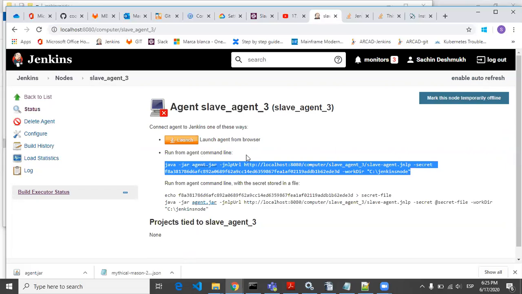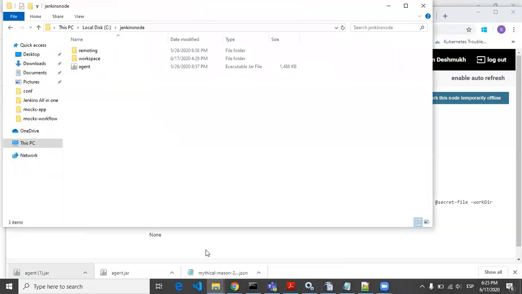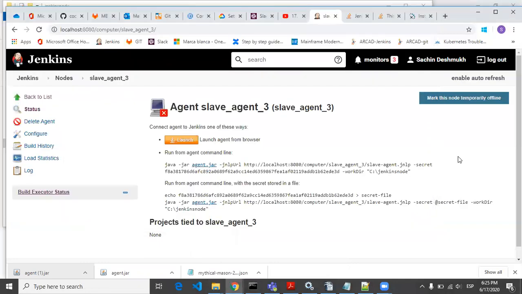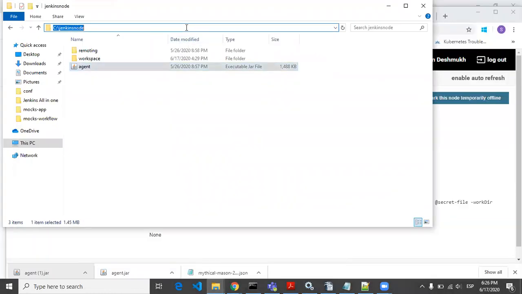You can see this agent.jar. This agent.jar you need to download and keep it in your root directory. Like this, I have copy pasted the agent.jar here. And then we have to go to this path, cmd.